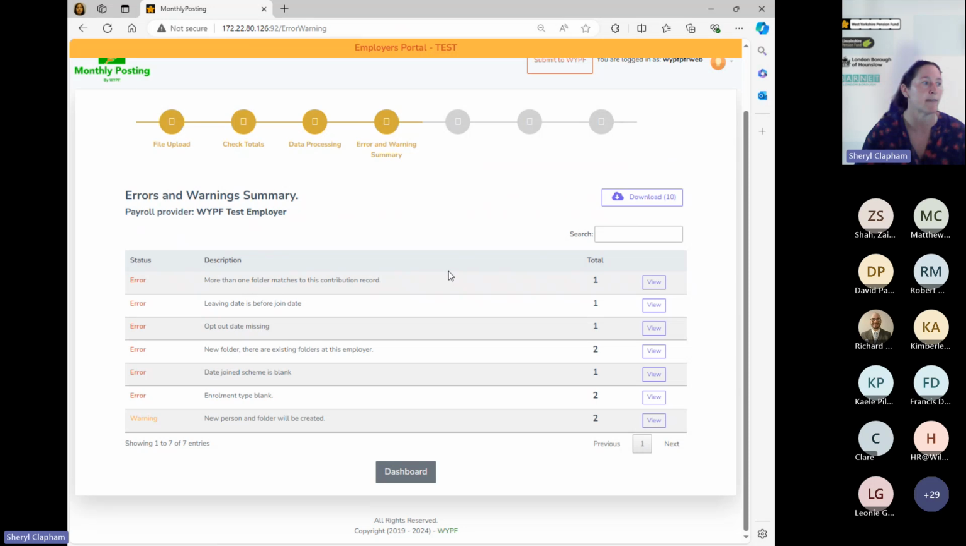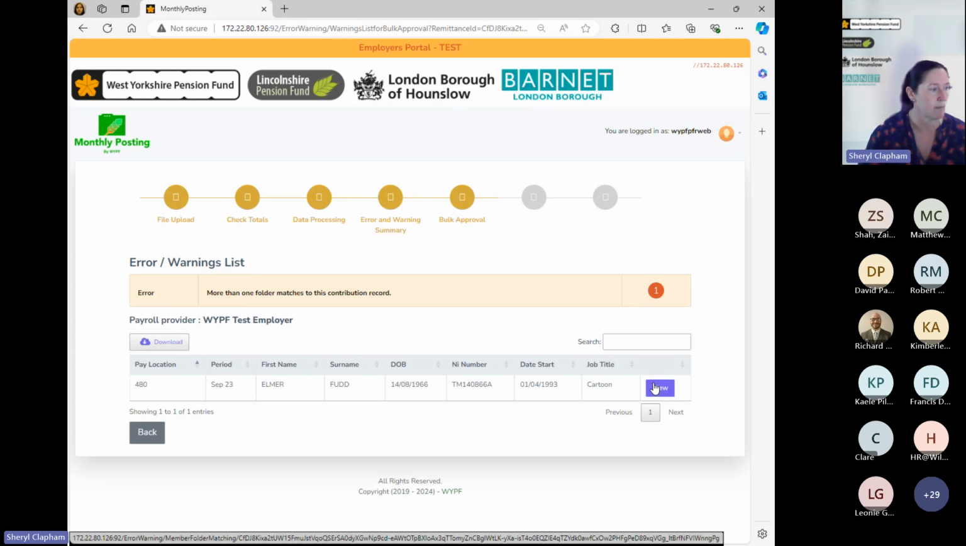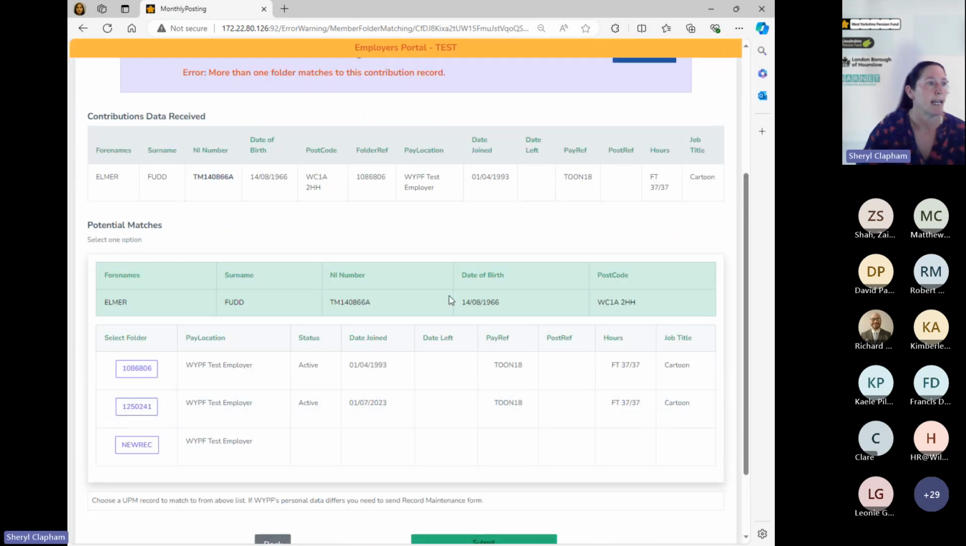So this one is from more than one folder matches to this contribution record. So let's have a look at this one. So here we've got Elmer Fudd. So let's view Elmer Fudd. Okay, so what it's showing here is there's this line on your return, which is for a full-time position, joining